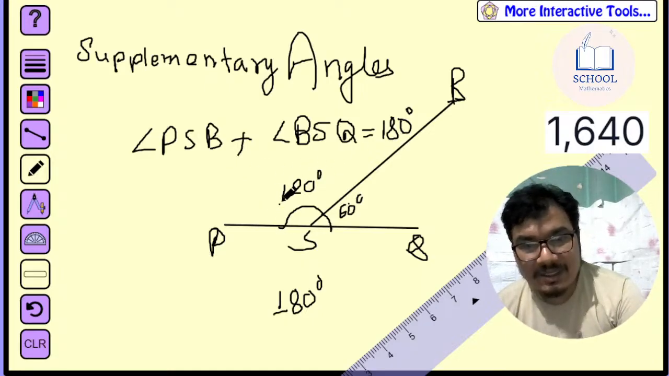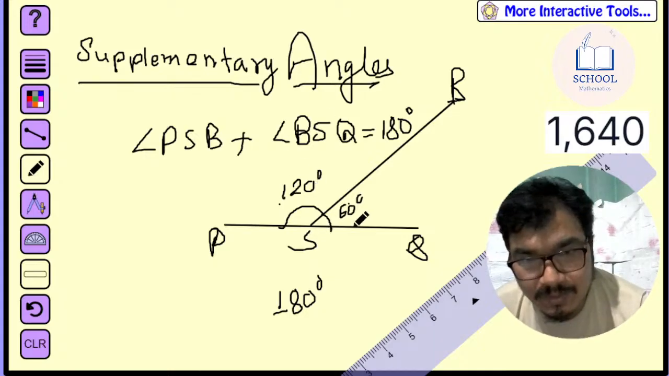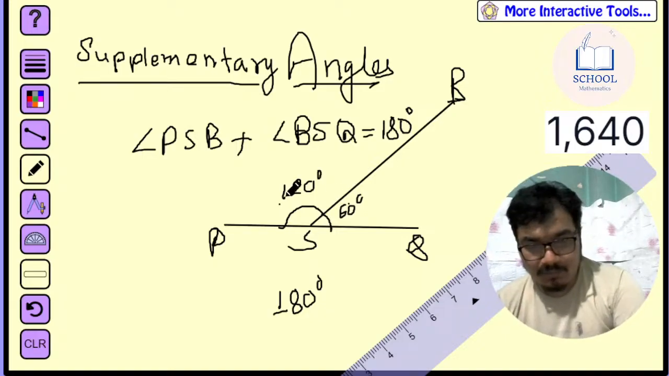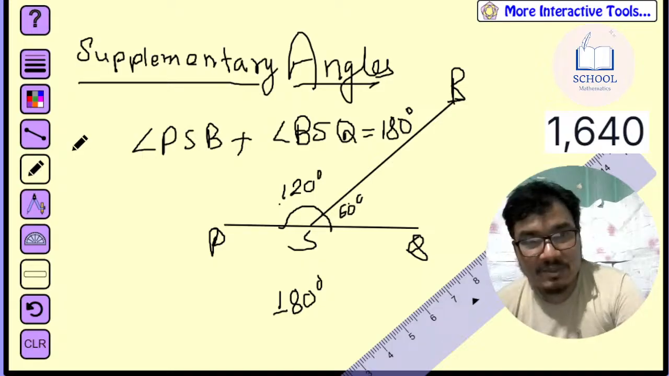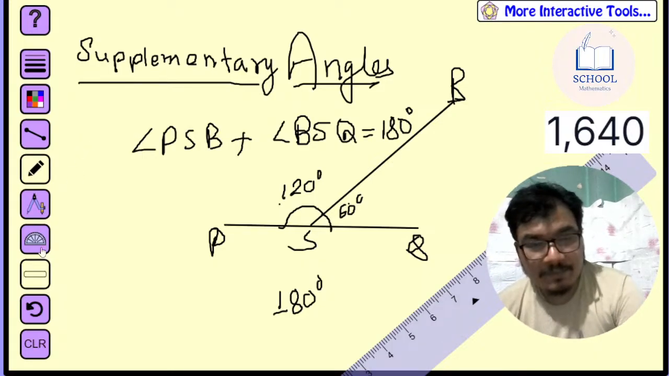That means these two angles are supplementary to each other. Okay, 120 degrees is the supplement of 60 degrees, and 60 degrees is the supplementary angle of 120 degrees, because their sum is 180 degrees. Okay, here I have talked about adjacent angle, complementary angle, and supplementary angle. Now